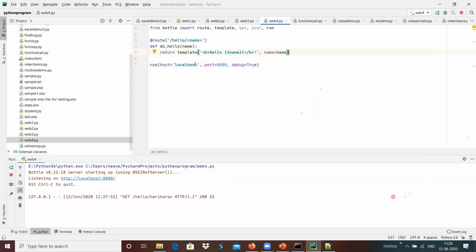The template is the function that can be used to provide a modified or presentable output form.